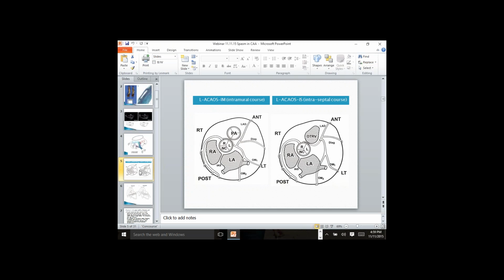And they've done a large series in the range of 1,000 cases in a single institution, whereby they would use an acetylcholine test in every patient with normal coronary arteries, absence of coronary disease, when the patient has evidence of ischemia or suggested history of ischemia. And they found that 50% of the people with myocardial bridge had spasm at the level of the myocardial bridge when you give acetylcholine. So it's important